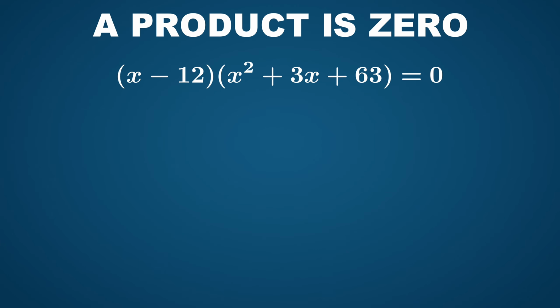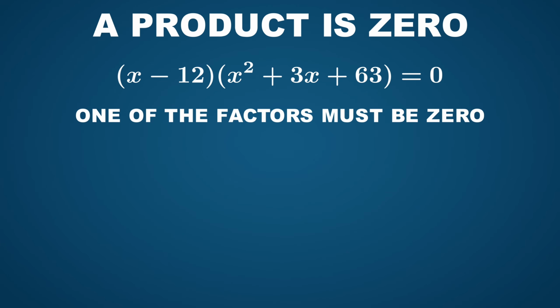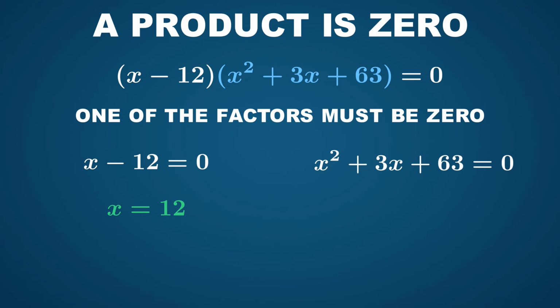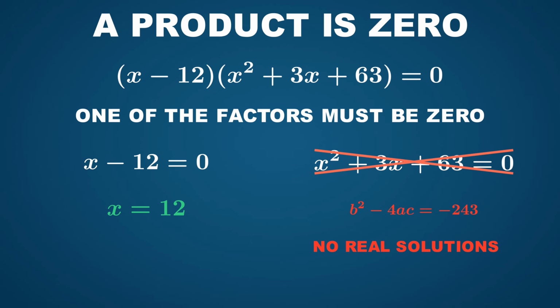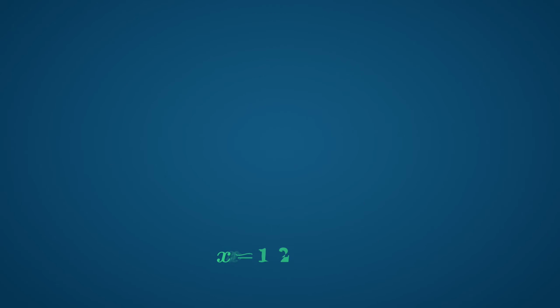A product is 0 only when one of its factors is 0. The first factor gives the equation x minus 12 equals 0. Adding 12 to both sides, that solution is x equals 12. The second factor needs x squared plus 3x plus 63 to be 0. For this quadratic, we compute b squared minus 4ac first. That discriminant is 3 squared minus 4 times 1 times 63. It equals 9 minus 252, which comes out to negative 243. A negative discriminant means no real solutions from this factor, so the only real solution of the equation is x